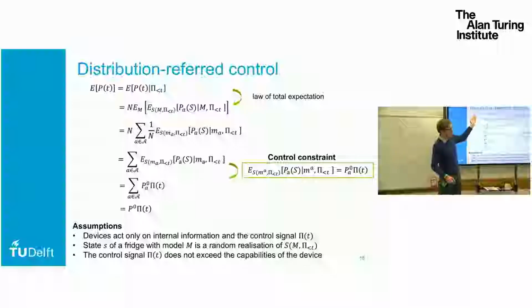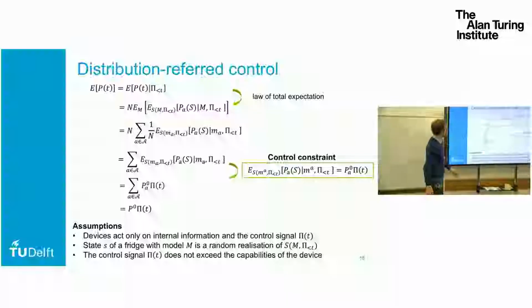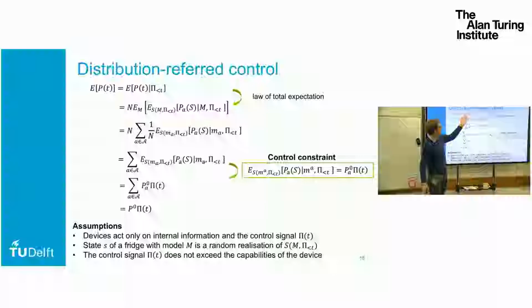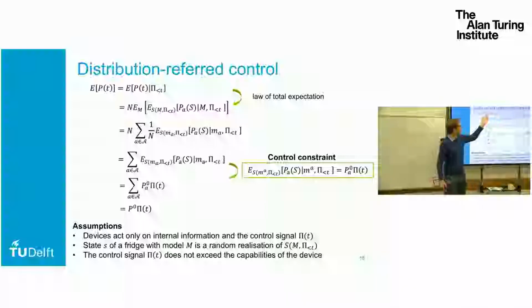So the expected power consumption of the population as a whole, right? So we look at a large population of fridges, is the expected power consumption of that population given the control signal, right? That's for all times past, right? So we can't look into the future. We don't know what's going to happen. Now,